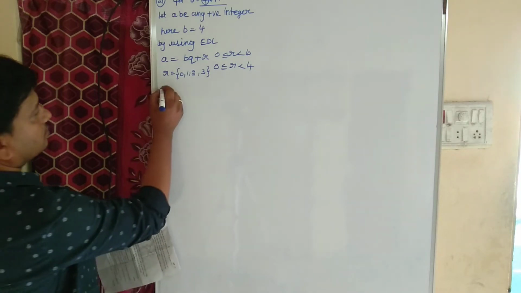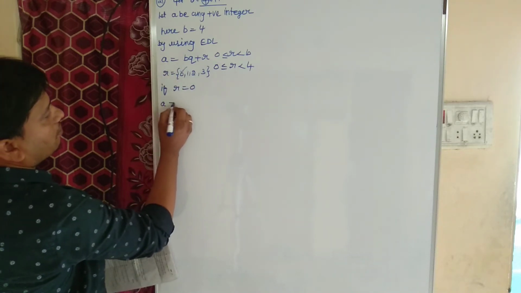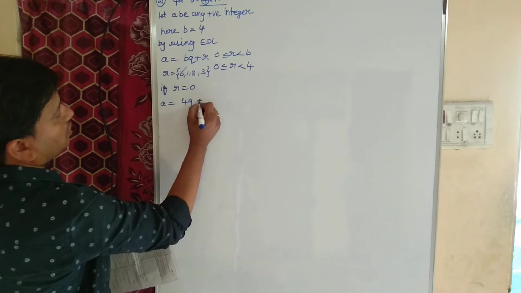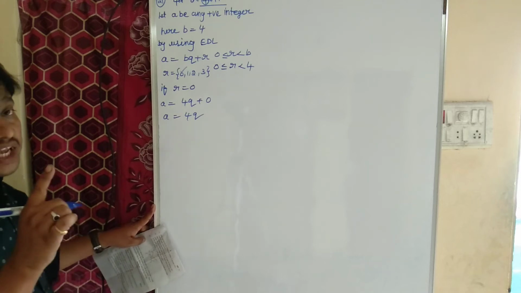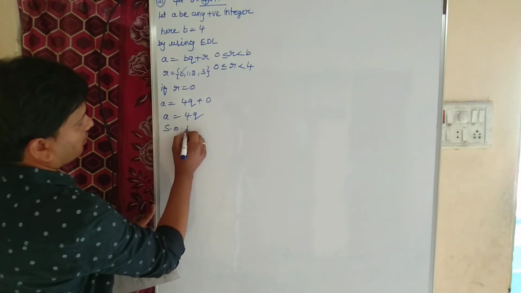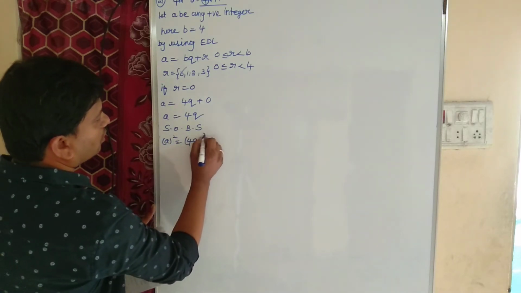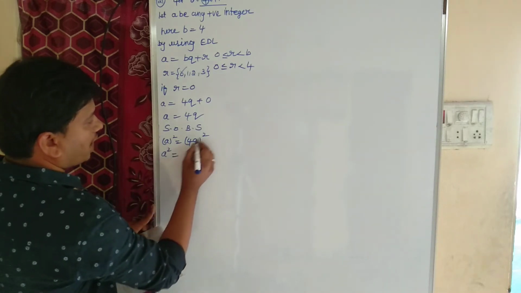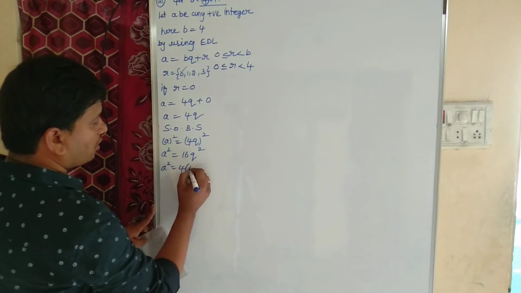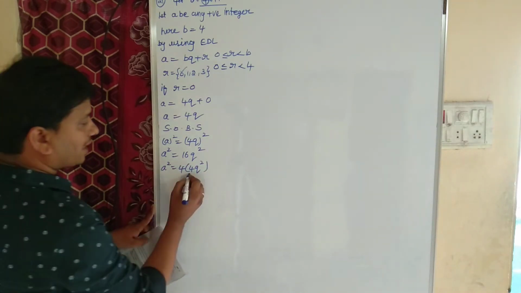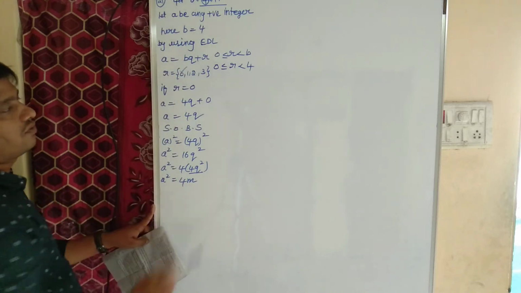Okay. Now case 1, if r equal to 0, the first remainder is 0. Then what is the Euclid lemma? a equal to bq plus r, that means 4q plus 0. What is 4q plus 0, children? 4q. But the question is the square of any positive integer, so what we have to do? Squaring on both sides, a square equal to 4q whole square. So a square equal to 4 square is 16q square. I can take 4 as common, 4 into 4q square. I can consider 4q square as m. So we got the first one, which is 4m.